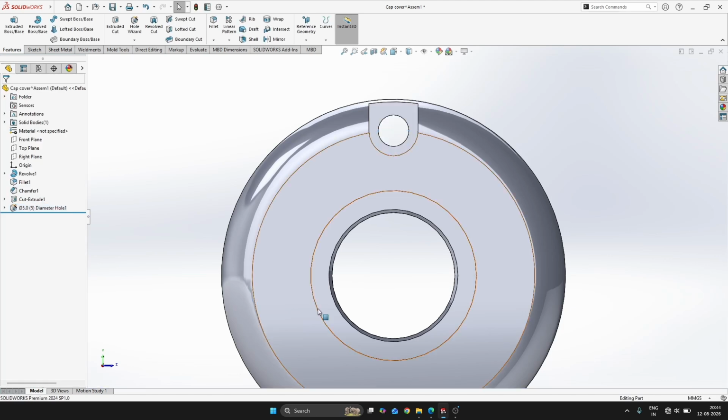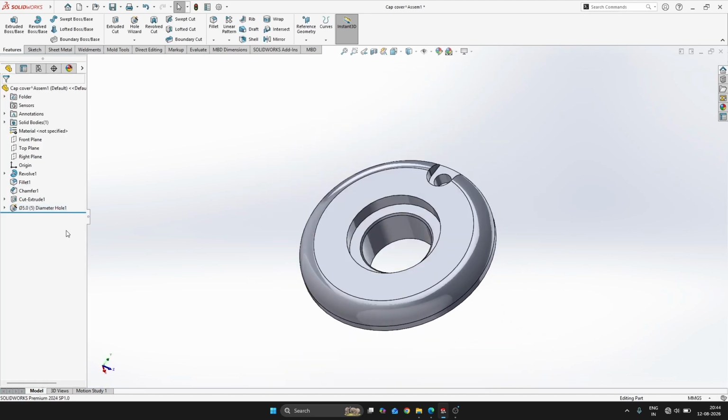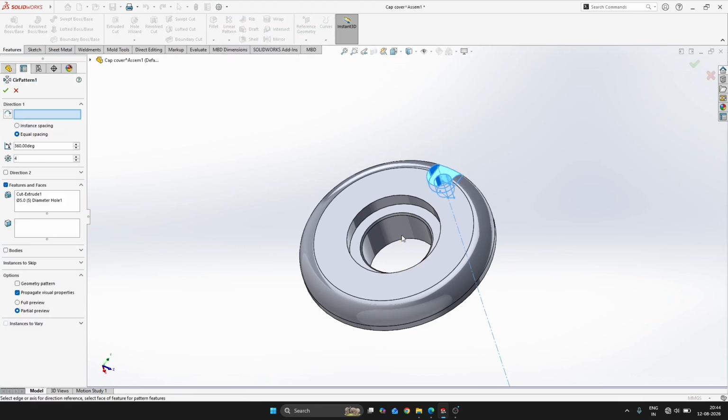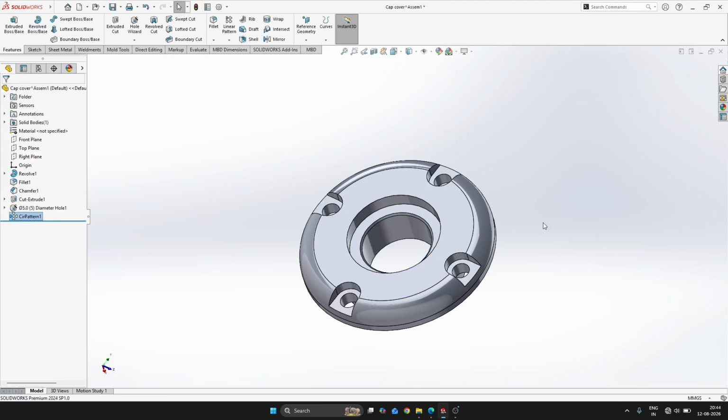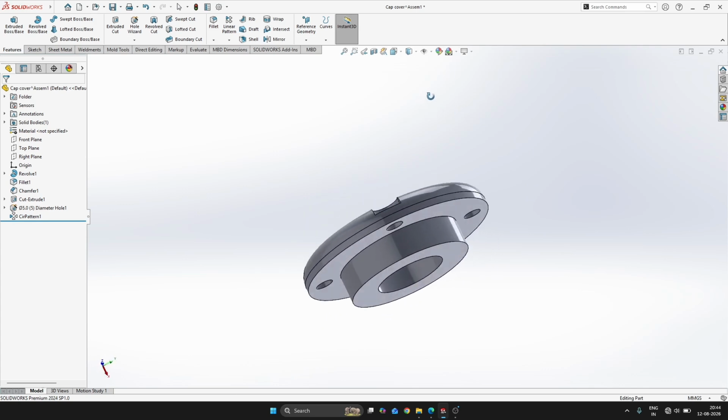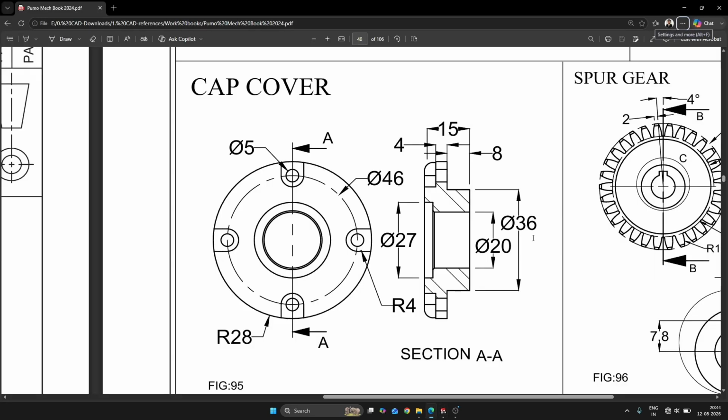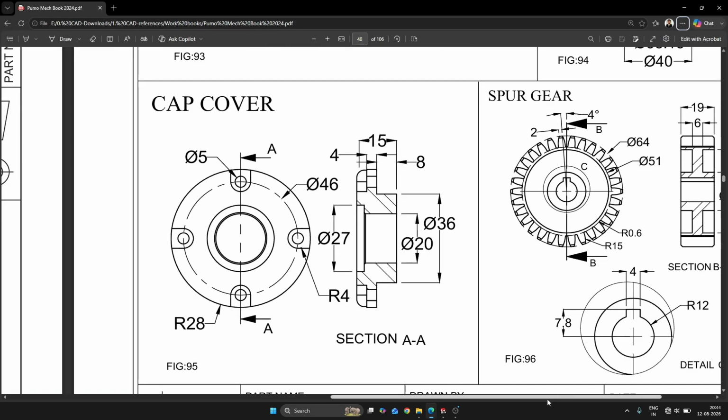Okay, fine. Now I'll select these two features, cut extrude and this hole. Okay, I'll go to the circular pattern option and I'll select direction 1. So I'll take one reference, circular reference. So I want 4 instances. That's it. Click on OK. So this is how I did on another part. And yeah,